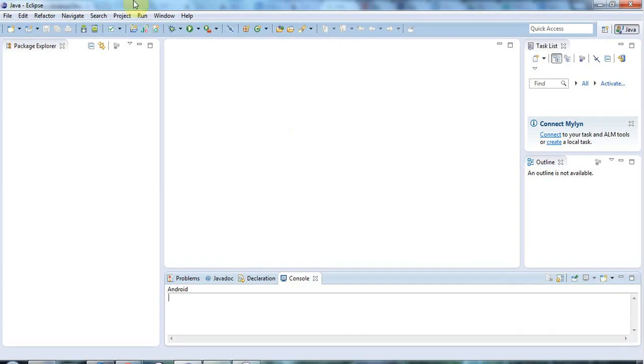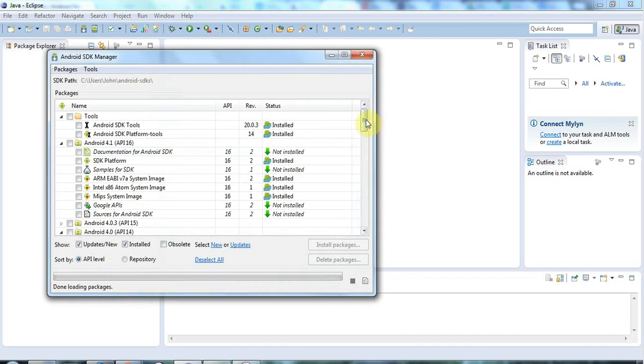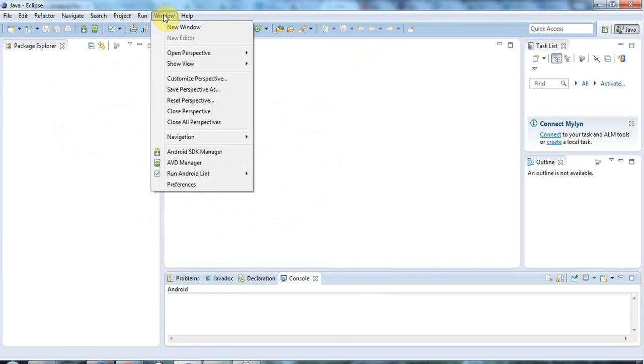So I installed, using this SDK manager, an SDK for API level 10, and now I can create an emulator for that API level. So just to repeat, the API level is really just a number that corresponds to an Android version, and we want to target a slightly older version rather than the absolute latest one, so that more people can run our application. So having said all that, I'm now going to go to the